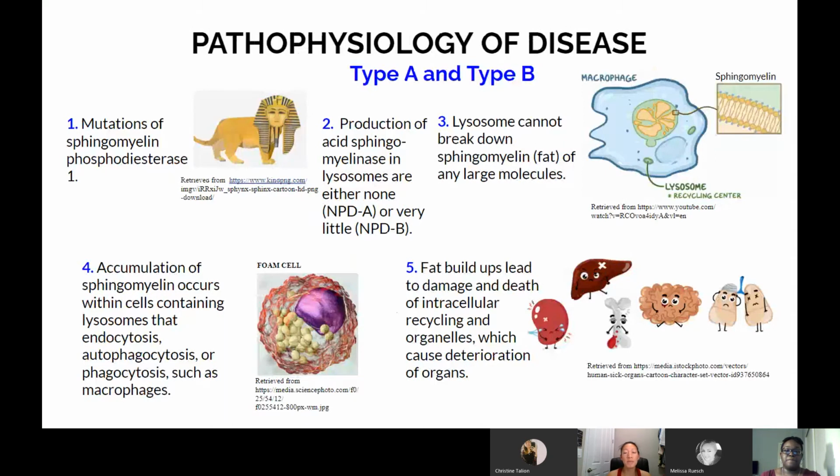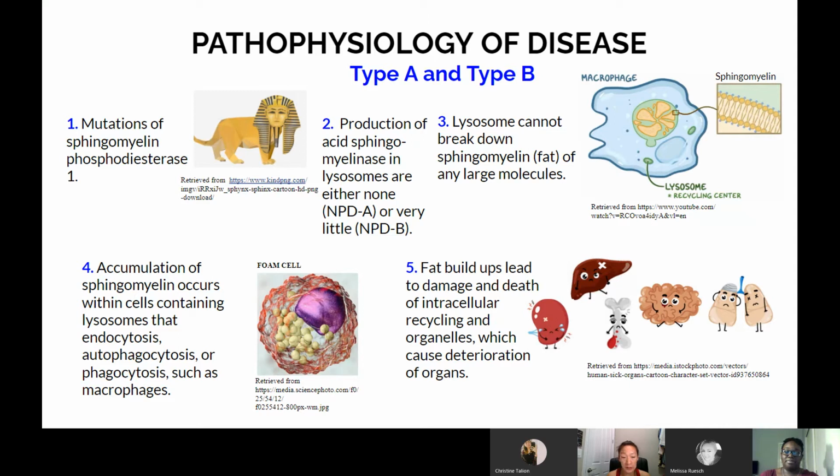With type A and type B, there's a mutation of the sphingomyelin phosphodiesterase 1 gene. With this mutation, it causes a low production of acid sphingomyelinase. With type A, there's an absence of this enzyme. Type B has very little of this enzyme. Without this enzyme, the lysosome cannot break down the sphingomyelin of any large molecules. Since they can't break it down, it's going to accumulate in cells,